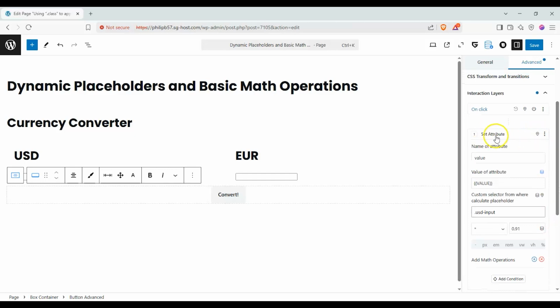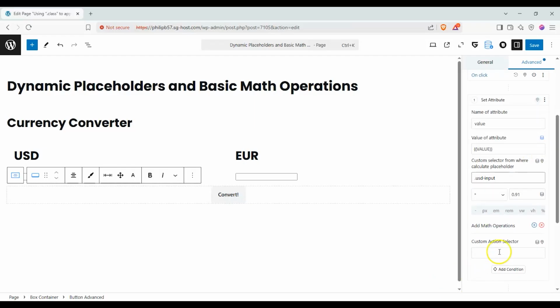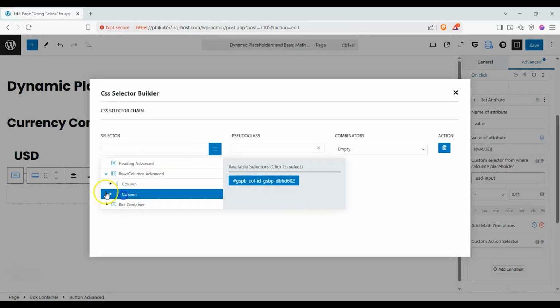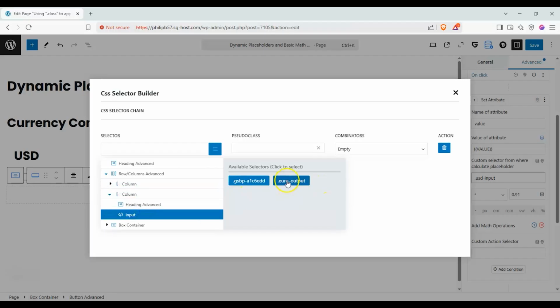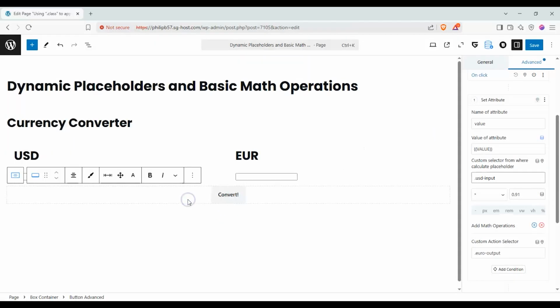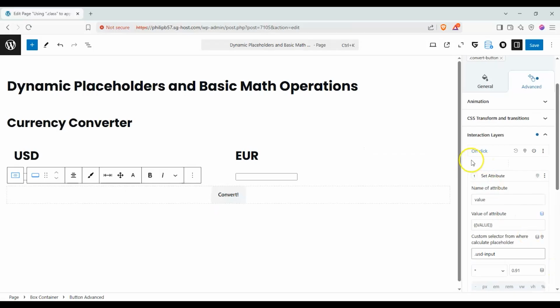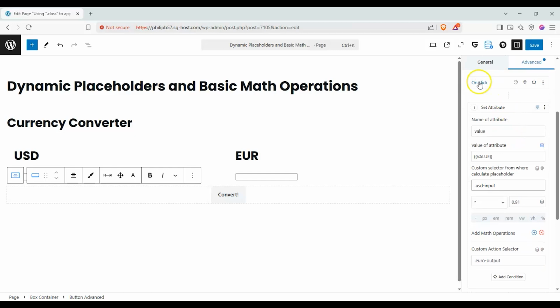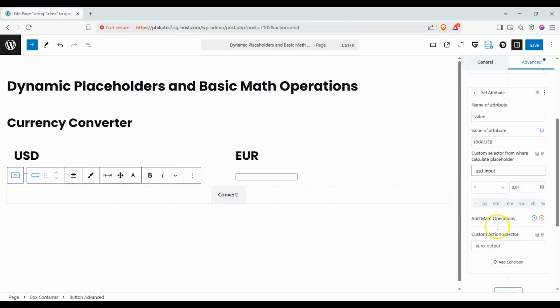And finally, on this first action here, set attribute, let's click on enable custom selector, and it gives us this. It's basically asking us where we want our data to be calculated into, and we'll target our Euro output. So let's review our logic right here. This interaction layer is applied to this convert button because we didn't select any of these things. There's no delay either. And the trigger, and the action will be set attribute of